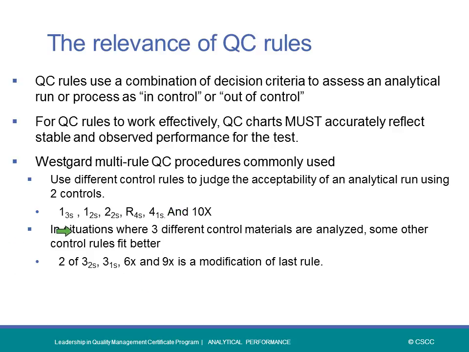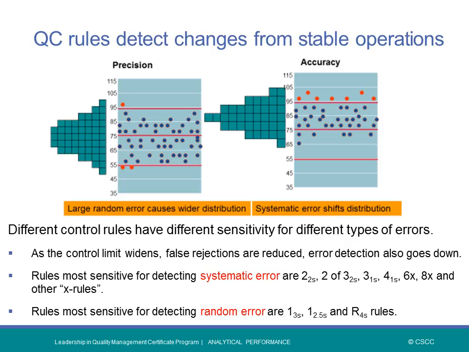Going back to the point that error exists in 2 types, there's systematic as well as random error. Some rules are specific for systematic error. Other rules are specific for random error. And it would be important to have a mixture where needed to address both types of errors. But putting all of this together,